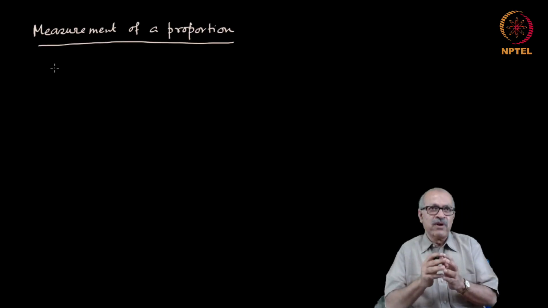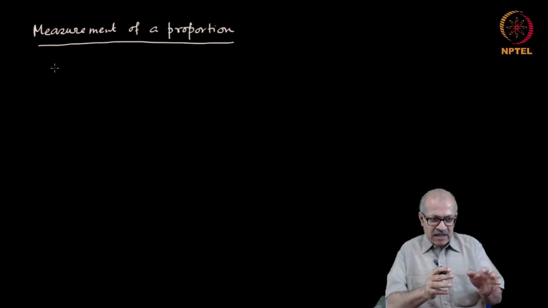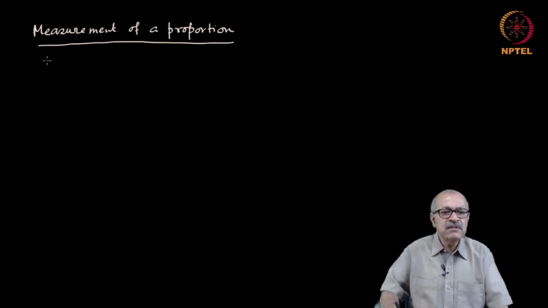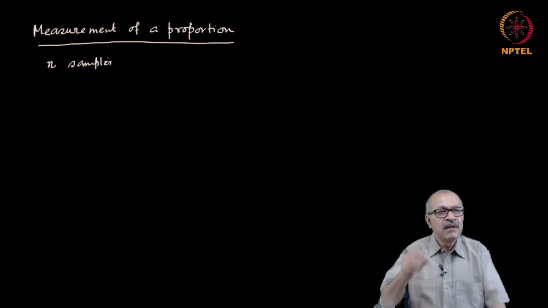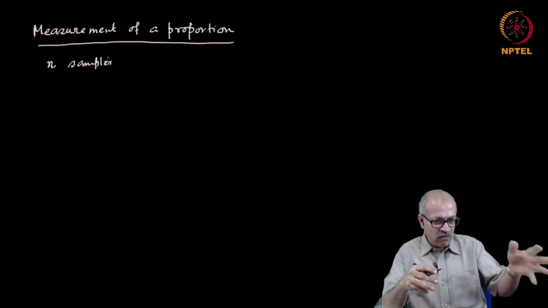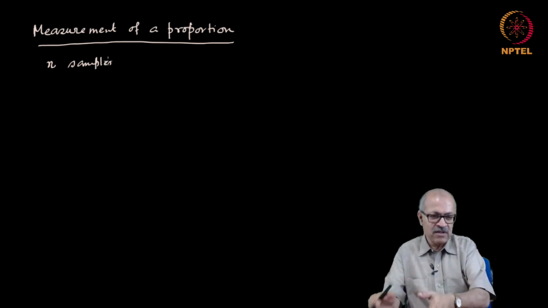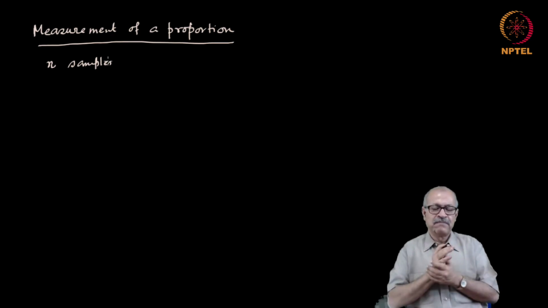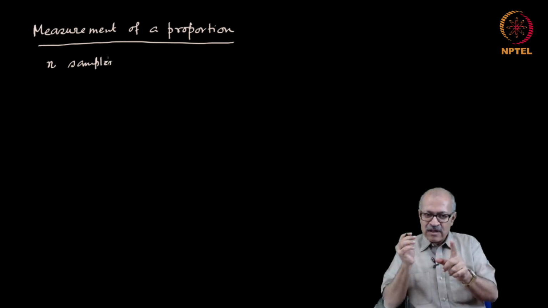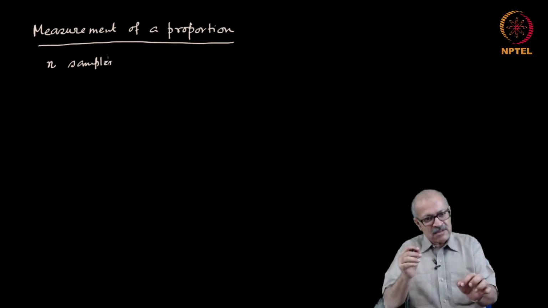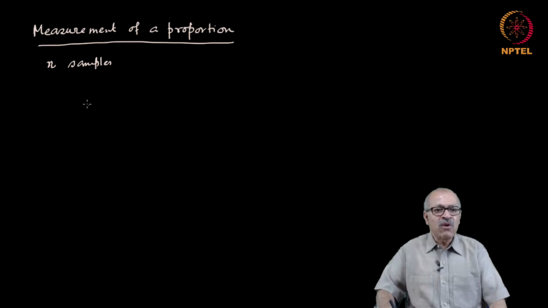So, we have come to a situation where the problem is that from the population we draw a certain number of samples, say n samples, and a part of that will be found to have the value of 1, a part of that will have the value of 0. And we are trying to find out what proportion has the value of 1. So, we have drawn n samples. Suppose the number of ones in that n sample is called x.